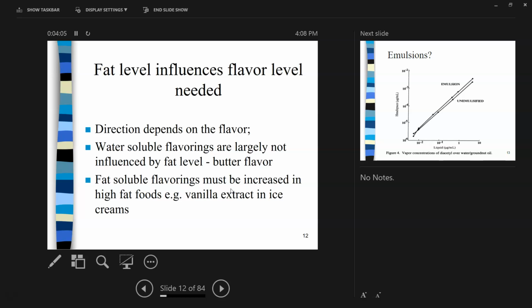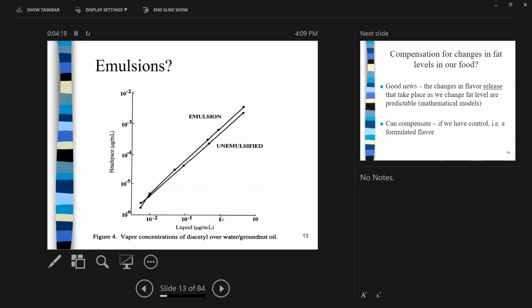And so that's basically what it says here. Water-soluble flavors are not really influenced much, but any fat-soluble flavorings have to be increased substantially if you start putting fat into that food. So this one I'm always interested in, and I'm never quite happy with it because